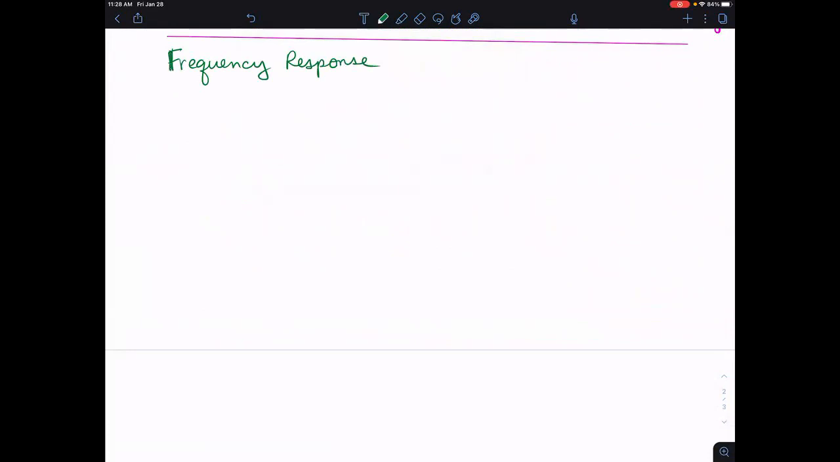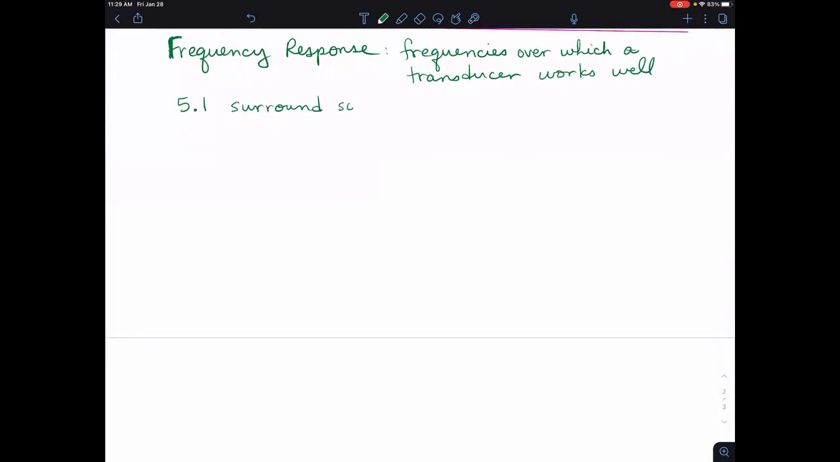Okay, so the frequency response is the frequencies over which a transducer works well. So different microphones, for example, will have different frequency responses. Different loudspeakers will have different frequency responses. If you think of a 5.1 or 7.1 surround sound system, we'll talk more about this another day also, but just as a preview, okay, you would have